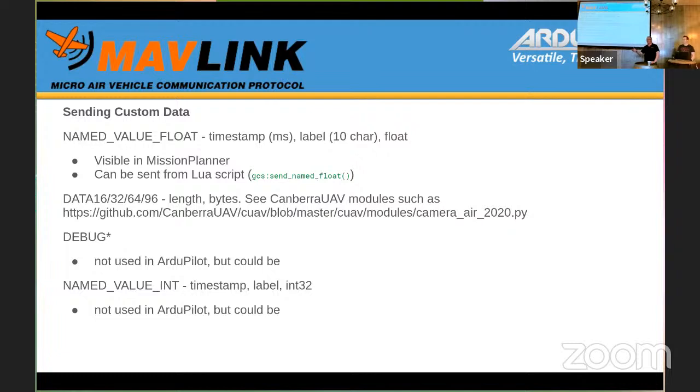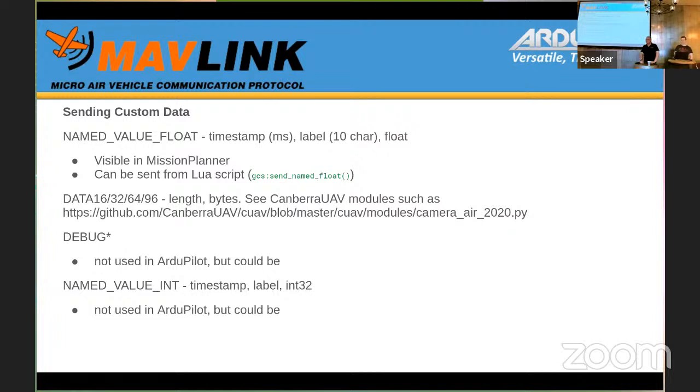Sending a command as a series of named value floats, I guess, is possible, but the handling gets a bit more complicated than using the command interface, where you have those seven parameters really defined. You would have to rewrite your command interface to respond with a named value as an ack. There's efficiency of the packet. Yeah, so bandwidth efficiency and coherence.